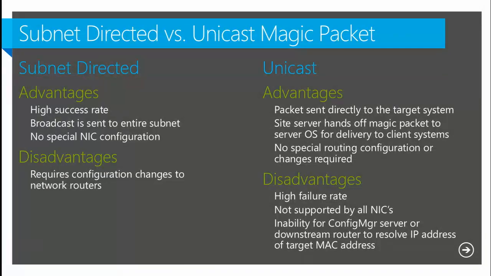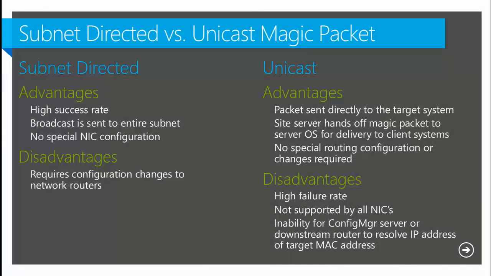The disadvantage is that most environments actually prevent subnet-directed broadcasts to occur on the network level. There are security reasons behind it. Think of ICMP attacks. So most network administrators are not going to configure their intermediary switches and routers to allow magic packets. You can configure ACLs on routers and switches to allow sources of magic packets for broadcast. That's actually a best practice when you read up on TechNet about using subnet directed, to add some security to make sure it's only the site server that's sending the